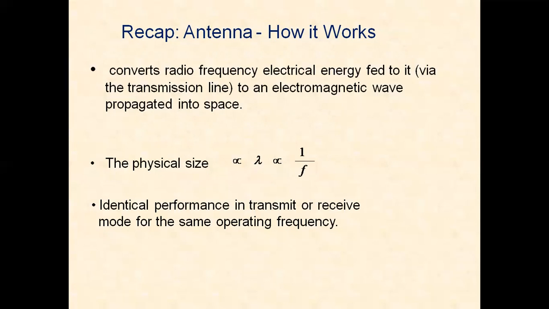We require identical performance in transmitter and receiver modes for the same operating frequencies. That means when the antenna is oriented vertically at the sending end, the similar orientation will be there at the receiving end to receive the signal properly. That means if we use horizontally polarized antennas at the sending end, we have to use horizontally polarized antennas at the receiving end. So for proper radio transmission,